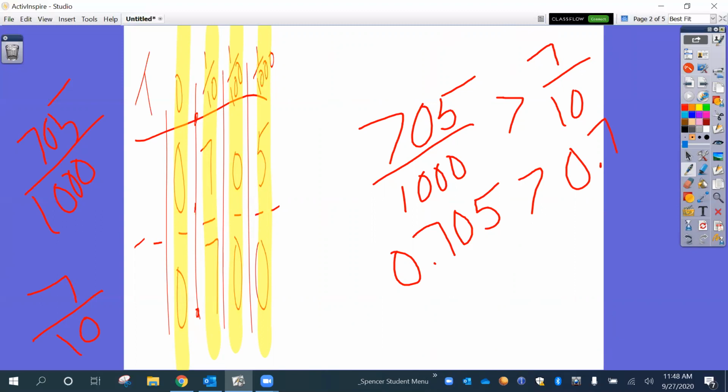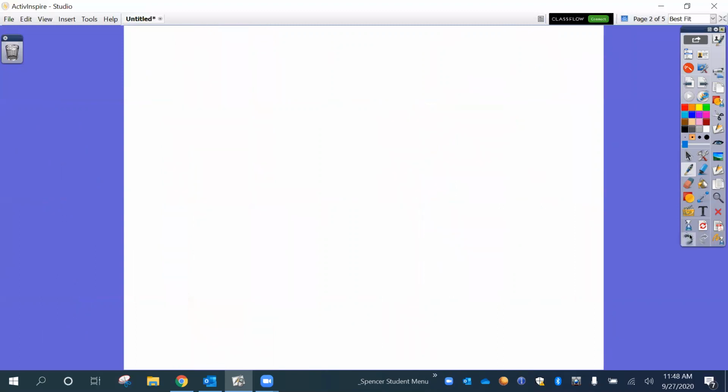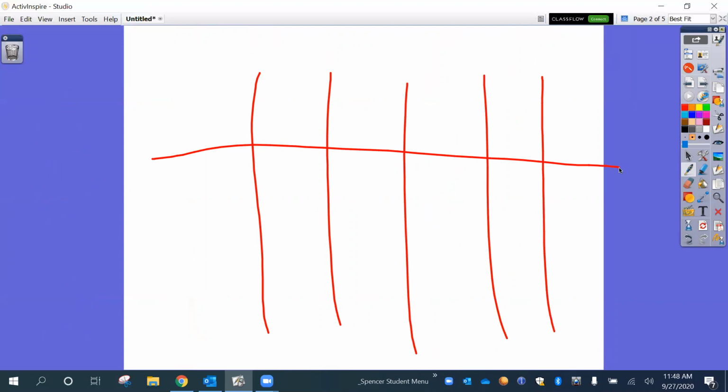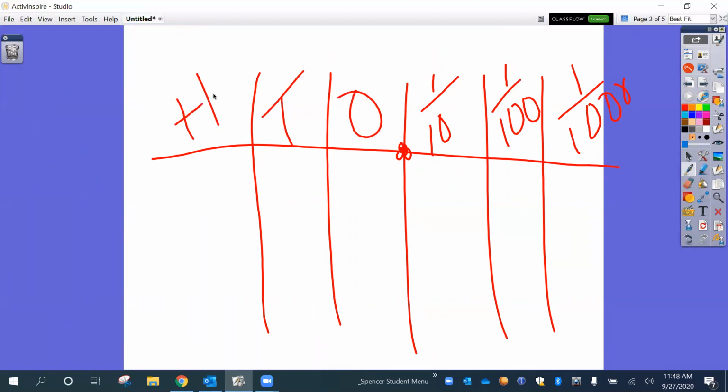Perfect. All right, last example, and then we are going to move on to the problem set. So here we go. Let's get a place value chart going. This time, let's put our decimal here. We got tenths to the right of it, hundredths, thousandths, and to the left of the decimal, we have ones, tens, hundreds. And let's give ourselves a separation so we can compare 2 different numbers. And let's do 15 and